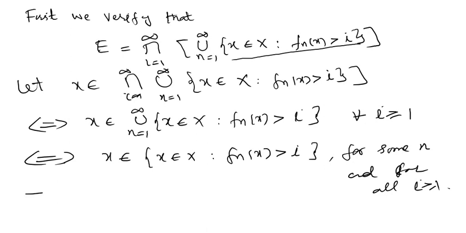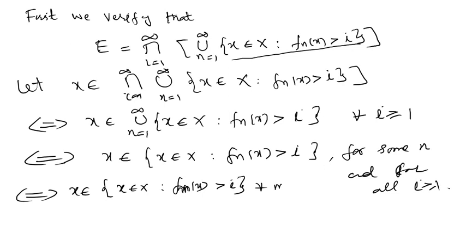So that's true if and only if x belongs to the set of x such that fm of x is greater than i for all m greater or equal to n and for all i greater or equal to 1. So for all i greater or equal to 1 we have m such that fm x is greater than i,